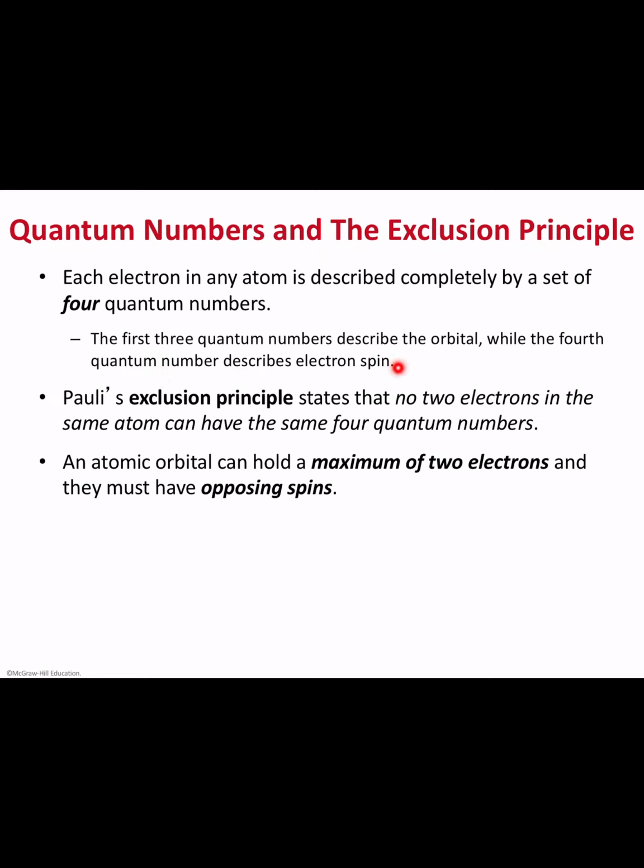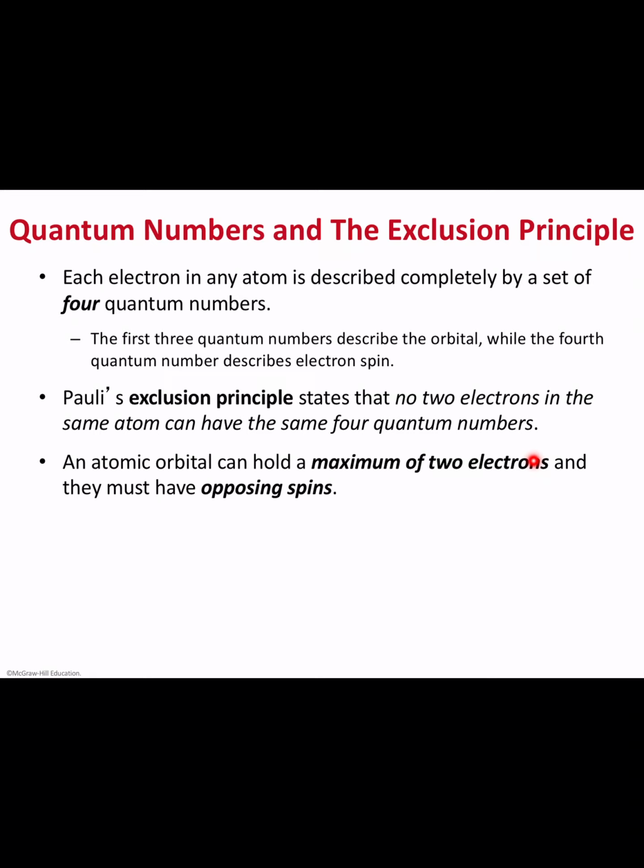Now when we are placing electrons in the orbital, we have to follow some guidelines. The first one that we're going to learn is called the Pauli exclusion principle. It states that no two electrons in the same atom can have the same 4 quantum numbers. Remember, we learned about 4 quantum numbers. If you take one element, no two electrons in the same atom can have the same 4 quantum numbers. At least by one quantum number, they have to